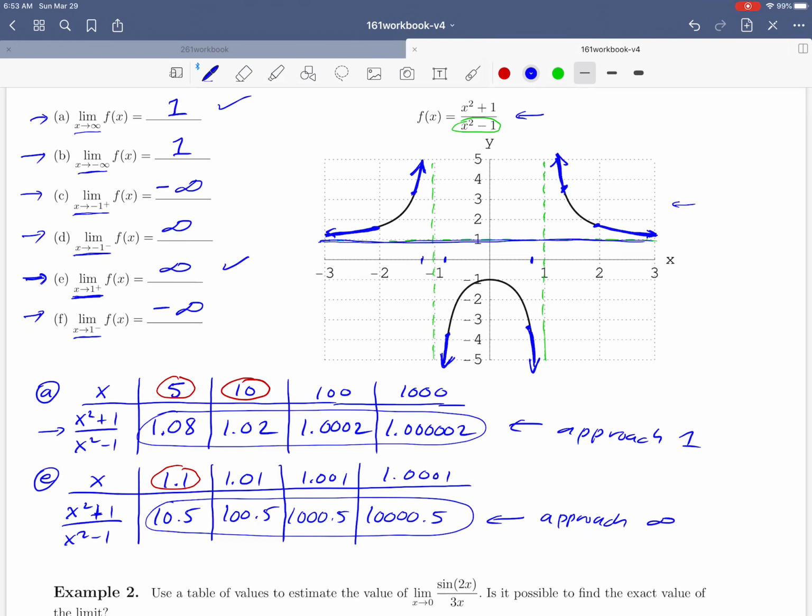Okay, and it looks like we've finished this exercise. One thing that you might notice is that what's different here is there were infinities involved in these limits. Okay, this is the first time that infinity has been involved, and we'll see as we do future examples